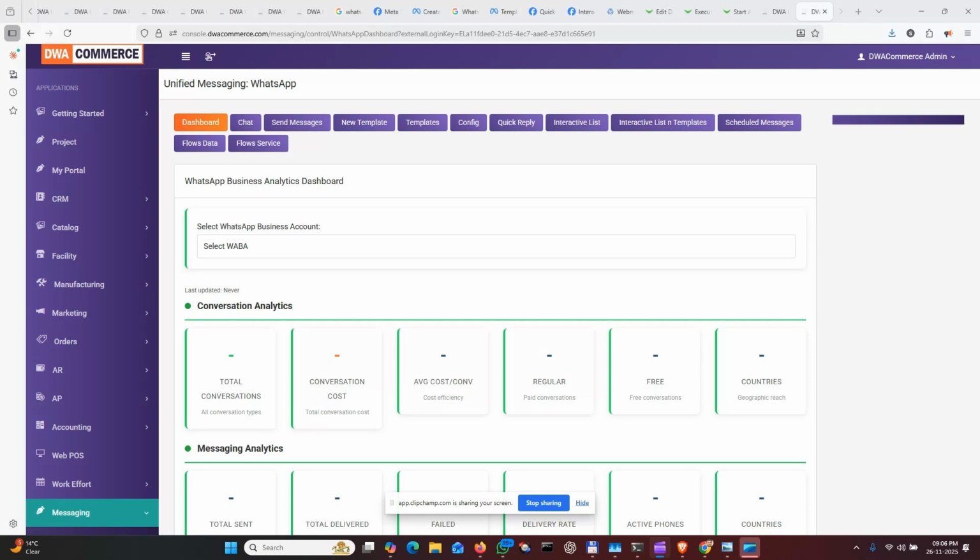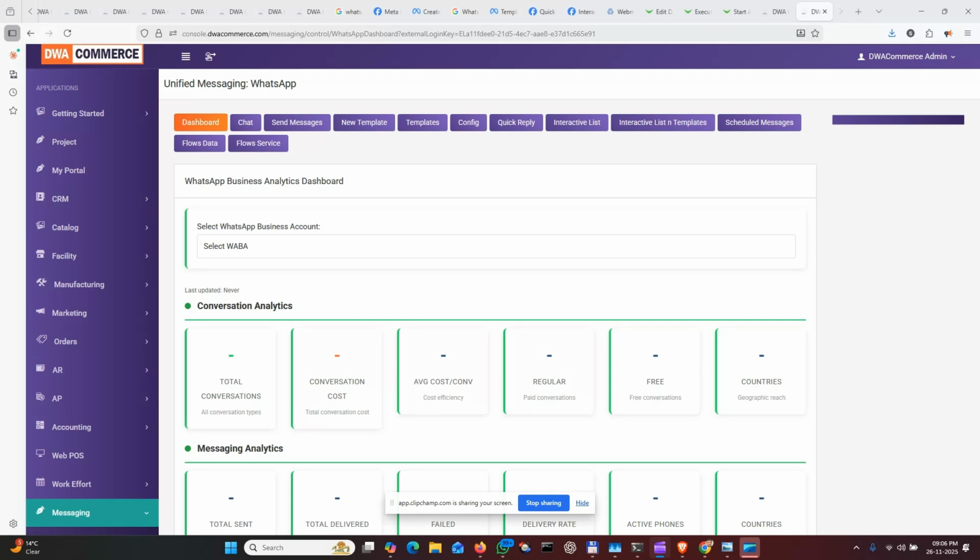One is you send a WhatsApp template which has quick reply buttons in it. Once the customer clicks on one of the buttons, you can then respond with another follow-up message or a follow-up WhatsApp template. The second scenario, the only difference is that instead of sending 2 to 3 buttons,